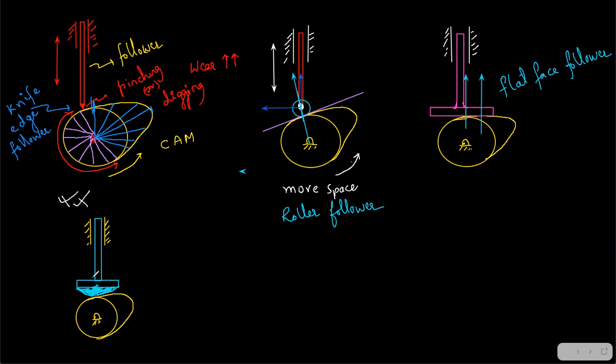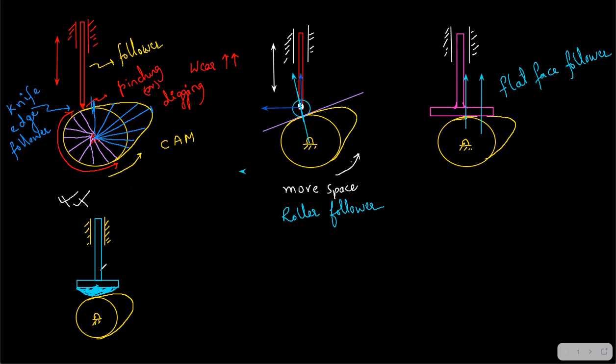Fine, here you will not have much of a side problem or much of a space problem, because there is no pin. There is no need of any pin to use over here. Because with the roller surface, you had a pin to use, so that's why you had a problem. But here there is no need of that pin. That's why this is the best type, and you can directly use it in a smaller engine also.